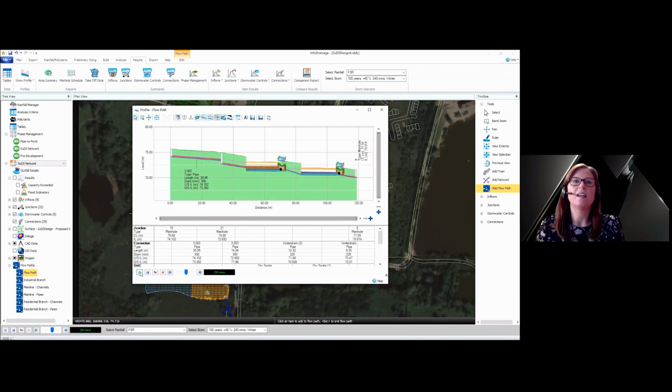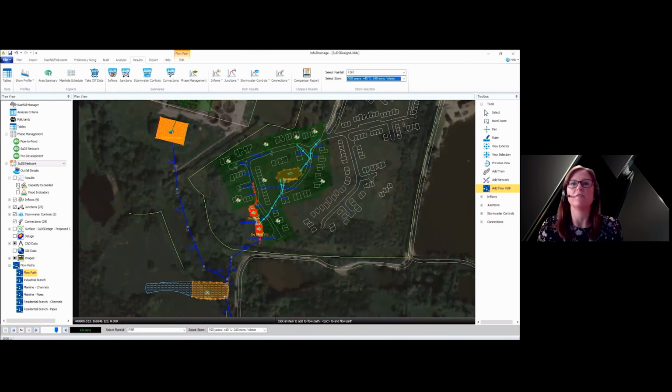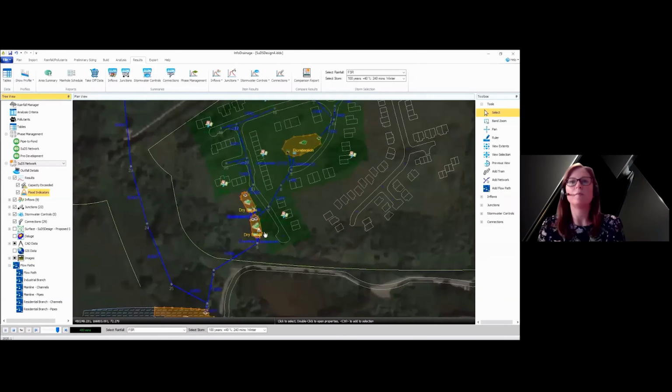So we can see in detail in this visual long section here that the performance of all the structures can be seen in detail, the different levels, and all of those different structures across the site and how they impact on each other can be reviewed. This helps us have a better understanding of how the design is performing, and with additional graphical feedback on the plan, such as pipe capacity being exceeded or flood risk level warnings, we can help to inform the user the specific areas that may need further optimization.